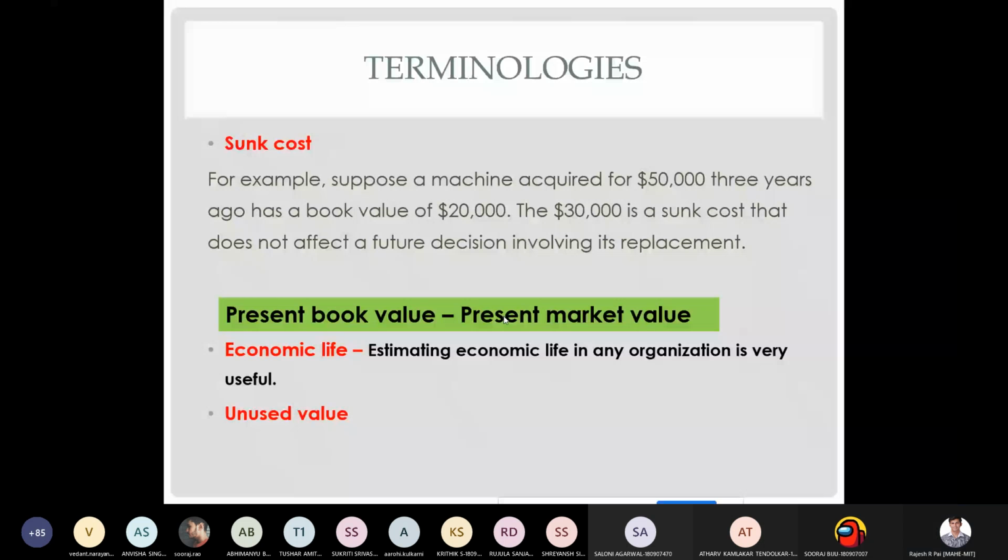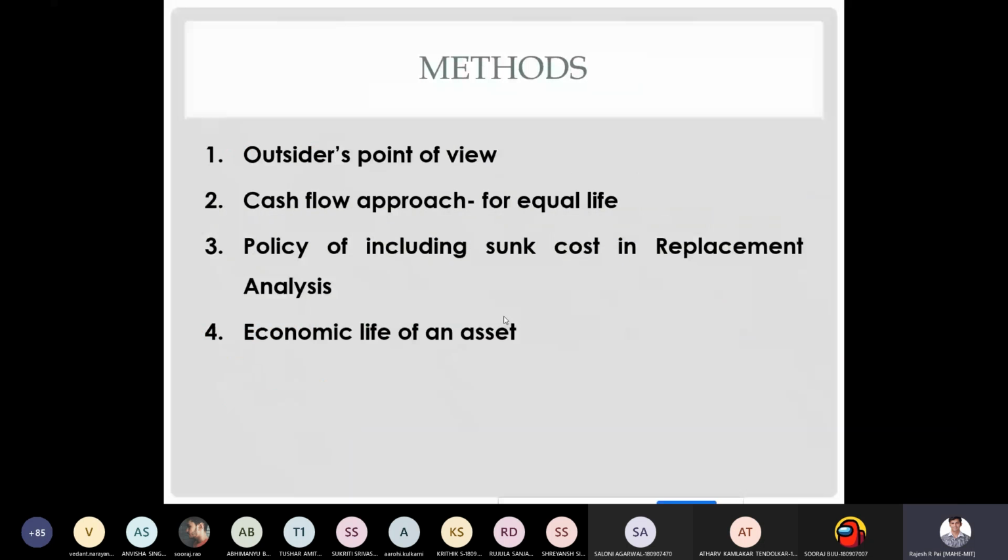Okay, so we'll move on to the next slide. Right. So there are different methods when it comes to your syllabus. According to replacement analysis, you have 4 different methods, but according to your syllabus, we'll be considering only 3 methods. That is nothing but outsider's point of view, cash flow approach for equal life, and economic life of